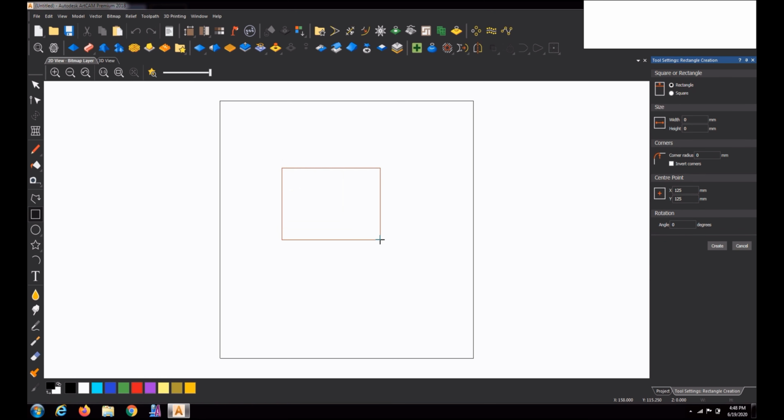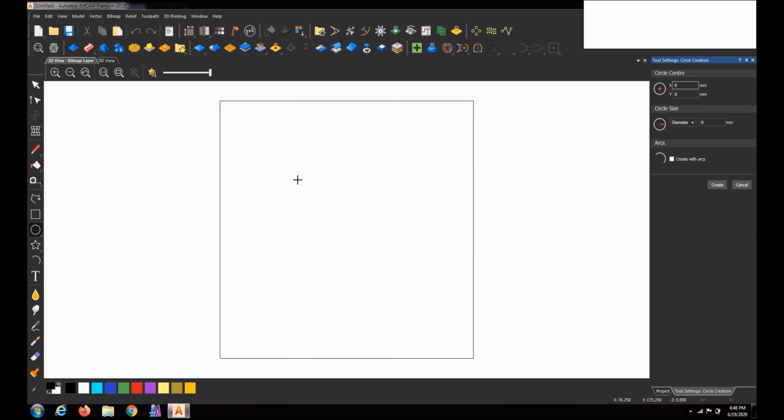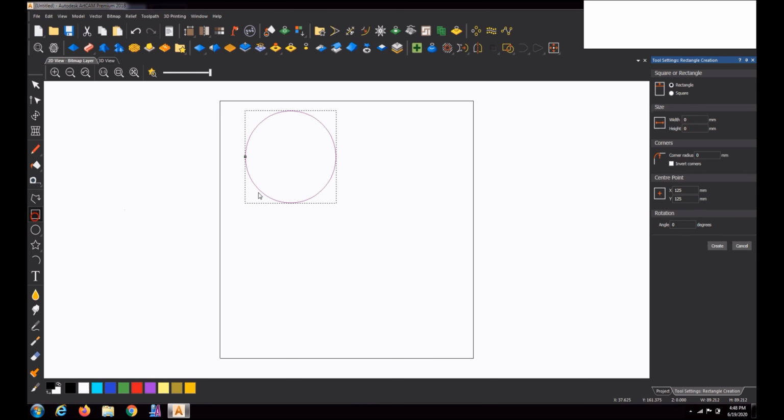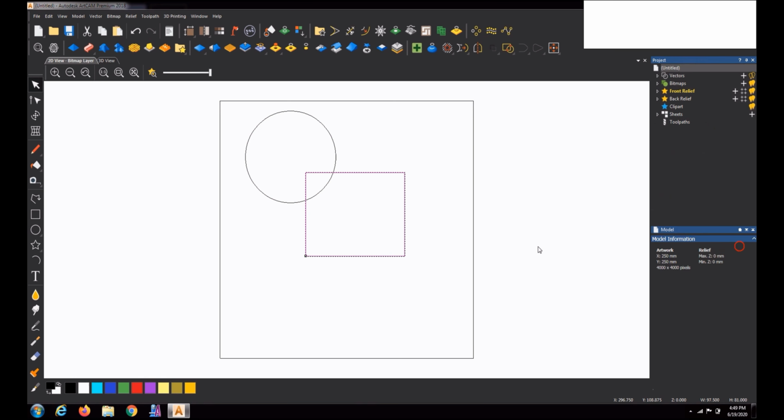So I am just creating one vector: one circle, and then one rectangle should be there. So I have two objects I created, and I am going to make 3D out of them. This is a closed vector. With a closed vector we can create 3D using a command known as shape editor.